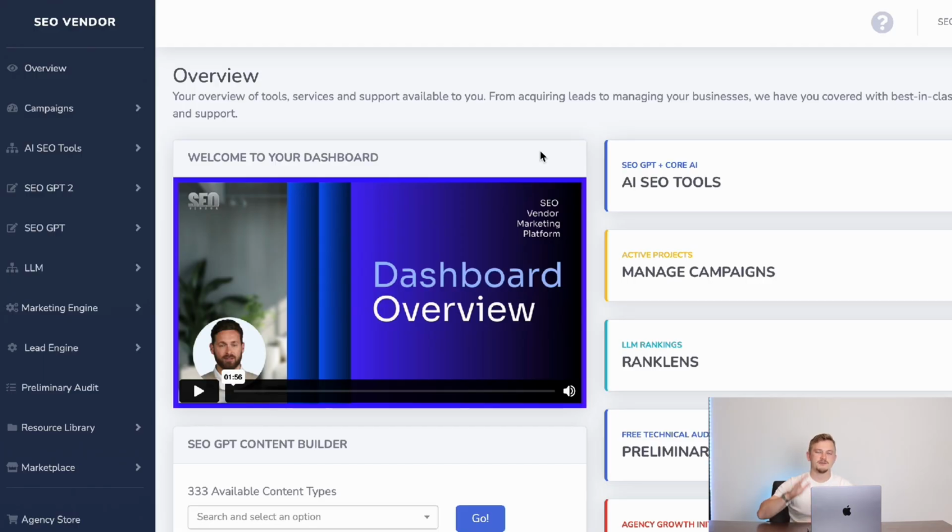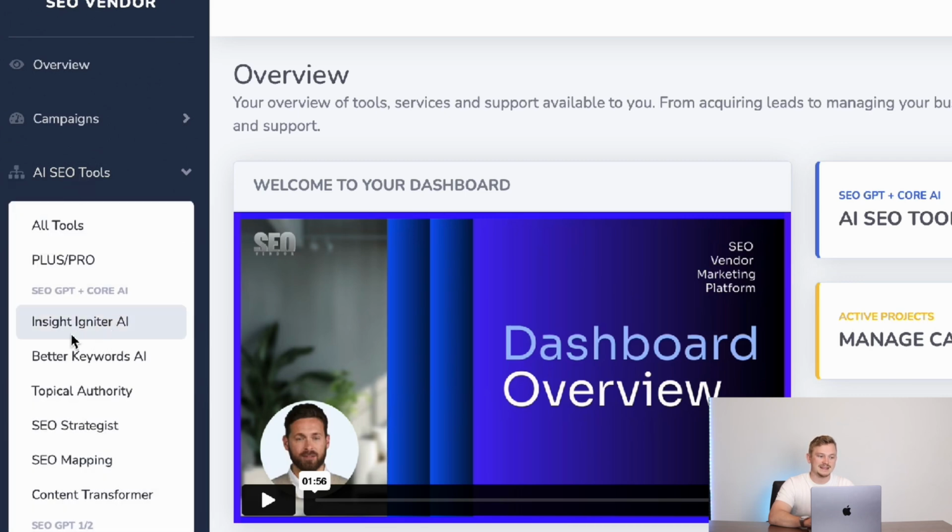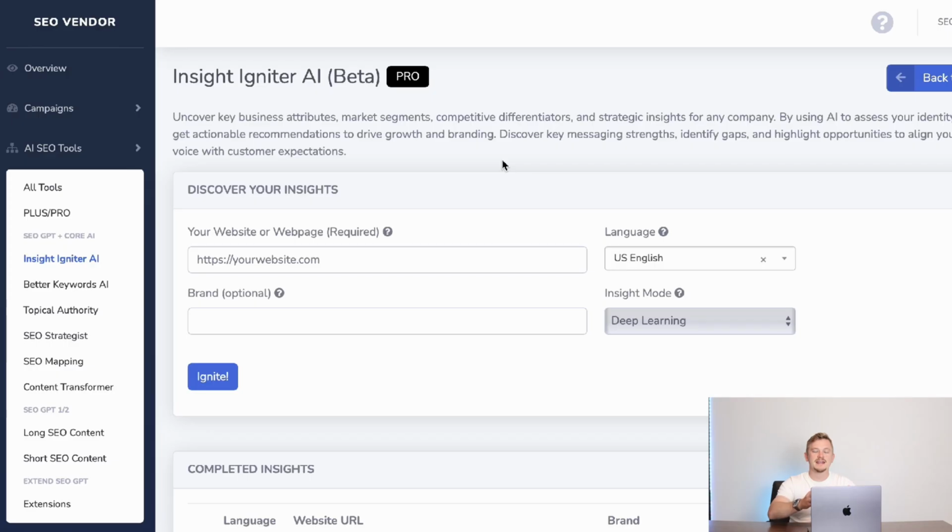Okay, now once we've signed in, the very first thing you want to do is understand the business. Is it your business? Is it your client's business? Whoever's business it is, we are going to go to AI SEO tools and select Insight Igniter AI. Now what this tool does is it does a deep learning on the website URL and brand name that you are going to input into these fields. It then has a look at the key business attributes. It looks at the market segments, the competitors, strategic insights. It identifies the business and brand, gets the best aligning keywords and actionable recommendations to drive growth for this specific